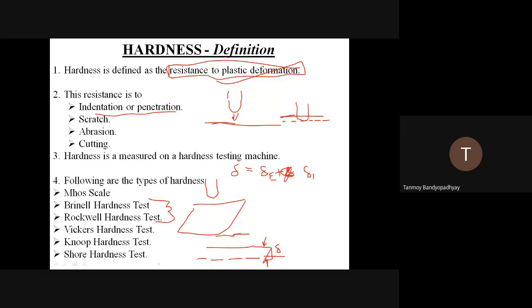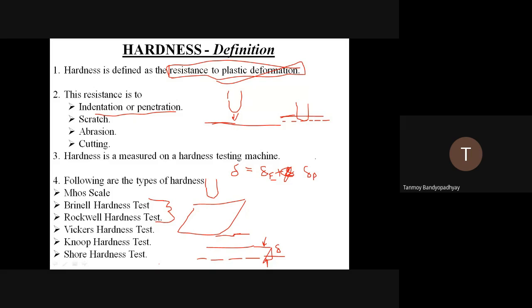Okay? Whenever you cause a deformation on a specimen, it has two parts. One is the elastic deformation, and the other is the plastic deformation. That is why, whenever we do an experiment, the elastic part will vanish. Initially you will have some part that is elastic in nature. Once you keep the load for some dwell time, the elastic part recovers by itself. Only the plastic part remains in the specimen.